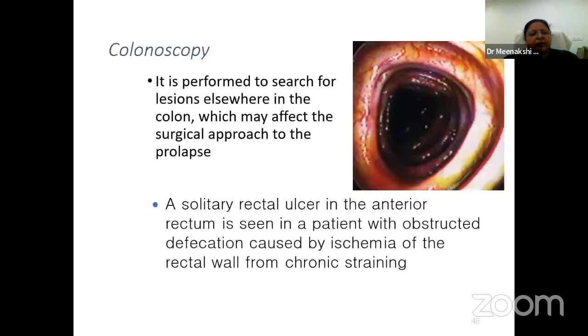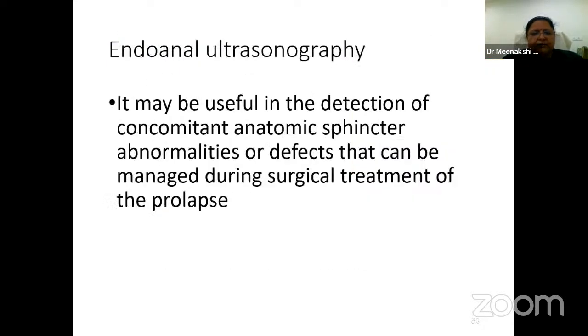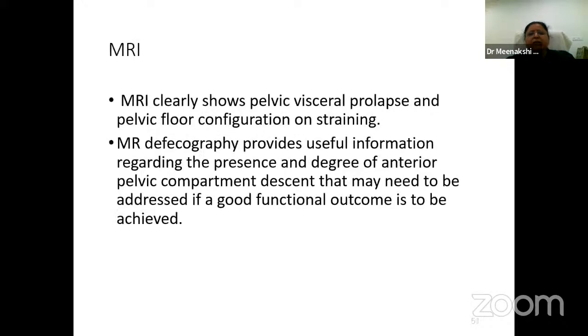That is important. And the colonoscopy has to be done in a case of rectal prolapse. Another investigation is endoanal ultrasonography for knowing the sphincter status. Because if there is an associated sphincter problem, that can be tackled during the surgical management of the prolapse to prevent further incontinence. Then MR defecography that clearly shows the pelvic visceral prolapse, and this MRI shows pelvic visceral